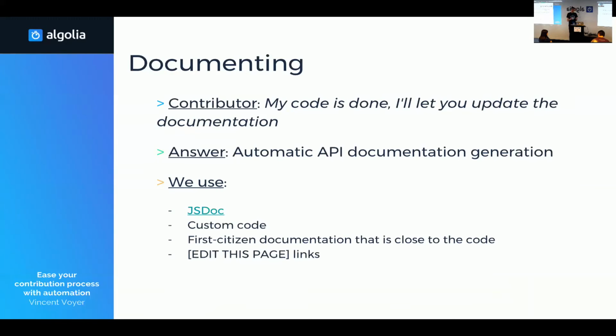To do that, we have some custom code, just simple JavaScript code. We consider documentation a first-class citizen. So the documentation website is not a different project; it's inside the same project as the code. And the only way to actually develop on the library is to launch the documentation website, so that we ensure that the developer contributing to the library always has an eye on the documentation.